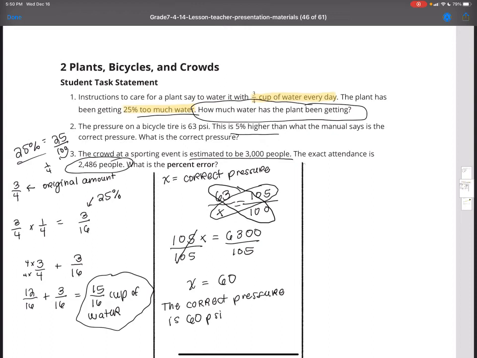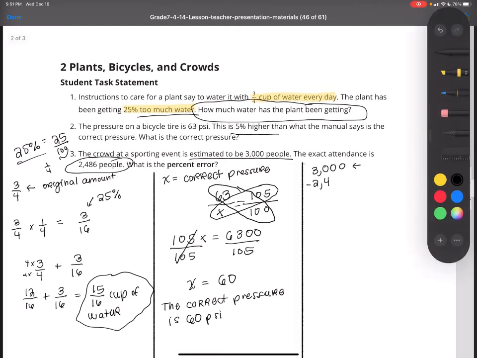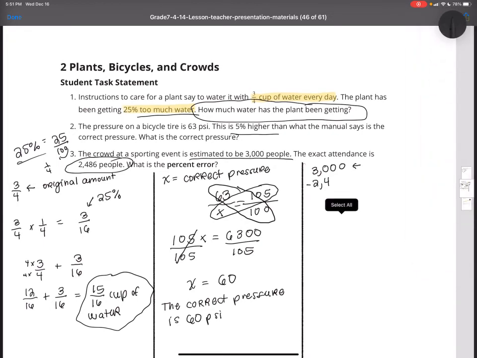So what I like to do, now some people may not agree with this, but I like to start off with subtracting. I want to find out how much off they were. So I want to subtract the guess, and I always refer to it as the guess or the estimate, which, let me use those exact words the question used so you can refer back to it in your notes. So the estimated guess,